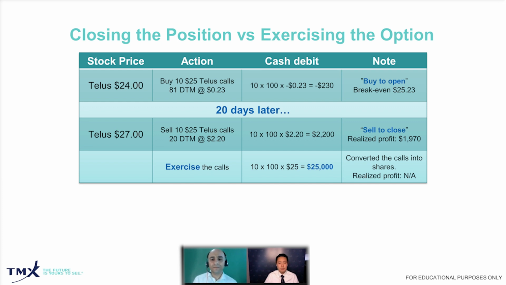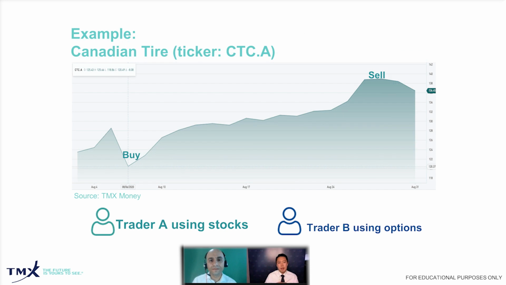That's interesting. Well, how about you run us through an option trade, if you don't mind? Sure, my pleasure. Let's use that as an example. We want to get in and buy Canadian Tire at 120 and then sell it at 138 and make a nice profit. Now, you have two ways of doing so.